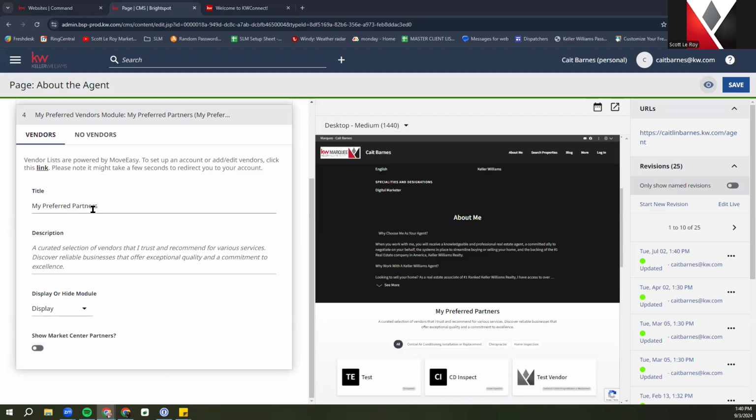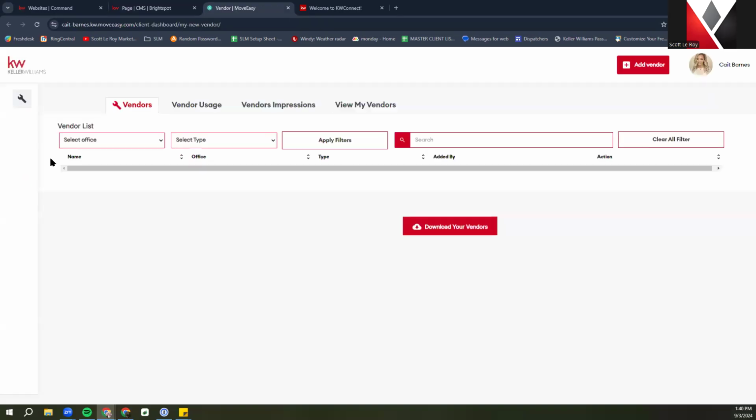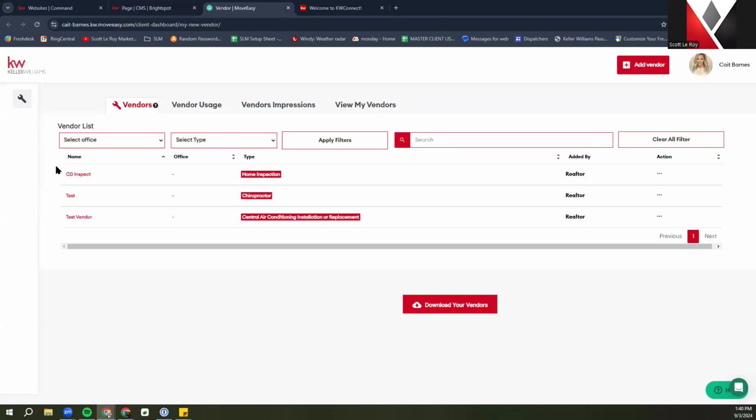Now, for you to add your preferred vendors, there's a little link up here that says link. When you click on that, it's going to open up a new window. It may take a moment. All right, and then as soon as you click on the link, if you have added any vendors